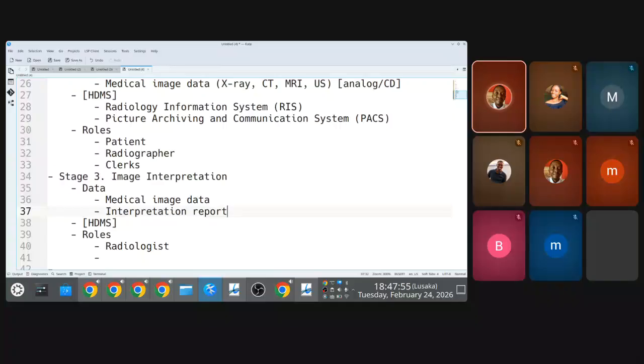Now, there's nothing special about the interpretation report. Currently at the university teaching hospitals, this interpretation report is actually created using Microsoft Word. So they have standard templates that they use. And if you're a radiologist and you're done interpreting a CT scan, you prepare that report. Now, currently, this is a manual process. In fact, when you go to UTH,